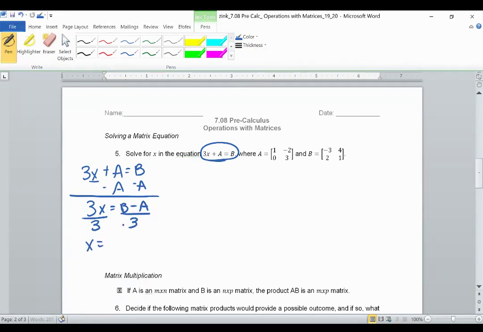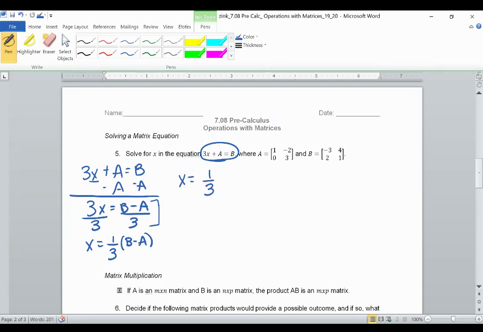So really x is equal to b minus a divided by 3, or I'm going to rewrite it as 1/3 times b minus a. It's going to be easier for us to do multiplication rather than division. So these two are the same thing, this one and the one I just wrote. Dividing by 3 is the same thing as multiplying by 1/3. So let's write this out here. So x equals